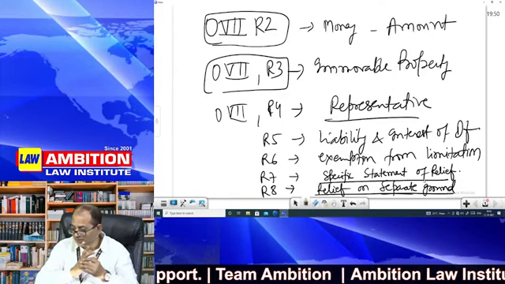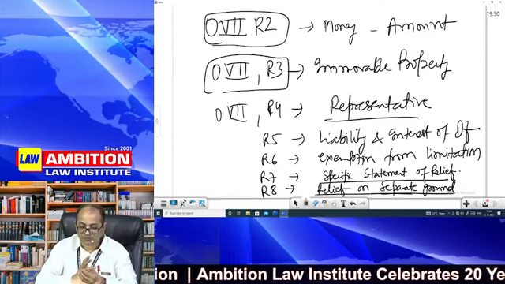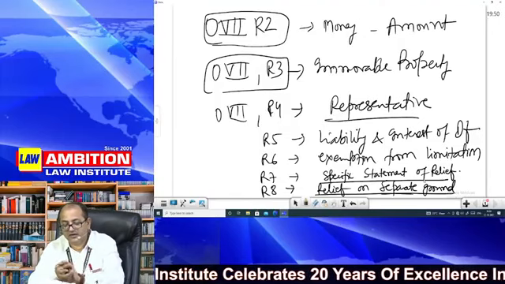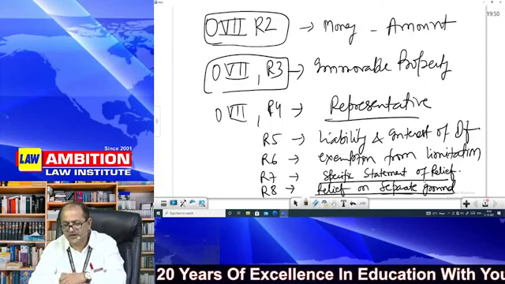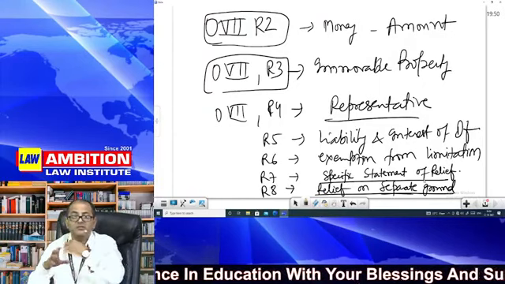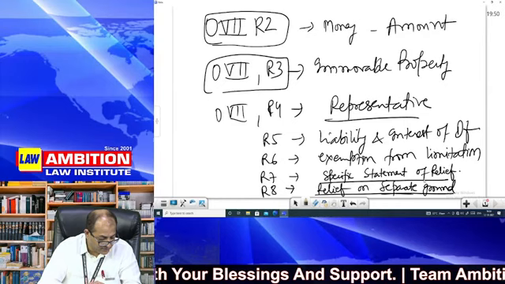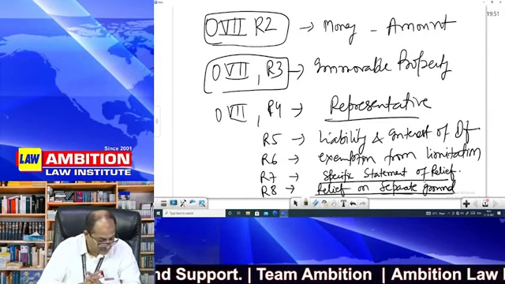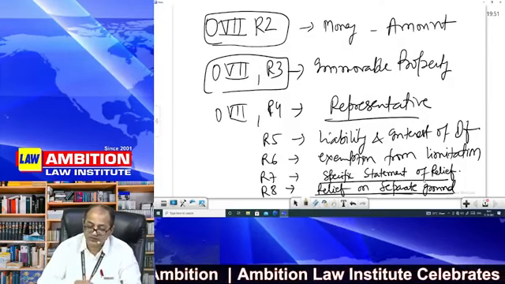We wrote in Order 7 Rule 3 immovable property. So if you do not give me the correct picture of immovable property, how will we decide the case and how will we identify? So khata number, khasra number, now tauji number, whatever. It is an essential part of the plaint. You are required to tell the court exactly where it is, what property it is. Otherwise, we will be having wrong determination. So where the subject matter is immovable property, a description of property sufficient to be identifiable is very, very important. And if you do not do it, the plaint will be rejected because it is an essential part of the suit.